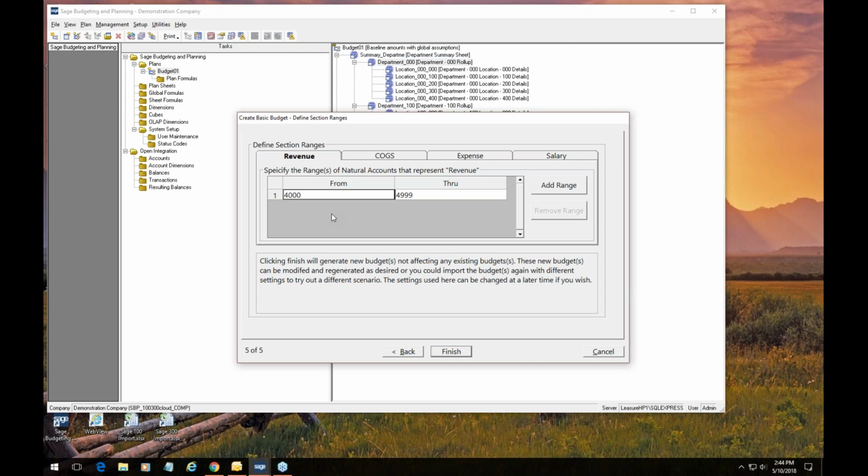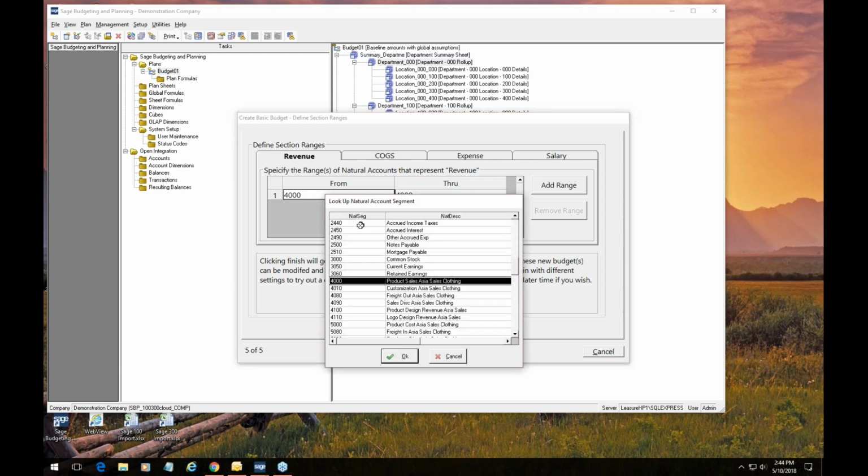statement. So we have our revenue, our cost of goods sold, calculating a net revenue. Then we have our salary and G&A type expenses, calculating a total expense, and then an overall profit or loss. That's the layout or format of these particular plan sheets. And so it's asking the question, for our revenue section, what is the range of accounts? And it has some defaults built into here. If I double click on it, it'll do a little lookup and say, okay, I can see in this particular chart of accounts,